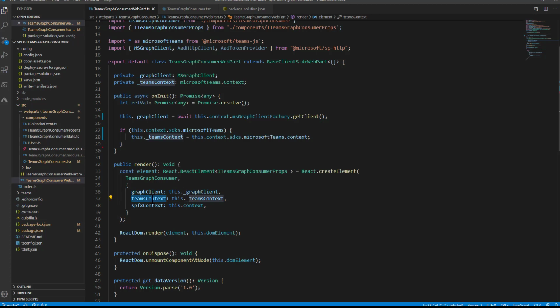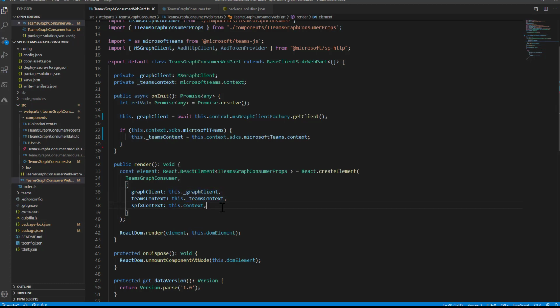Moreover, another input parameter for the React component is the Teams context that we already talked about in one of the previous episodes. So I can simply say, if I have the Microsoft Teams SDK in the context of SPFx, just get the Microsoft Teams context and provide it as an input parameter for the React component.